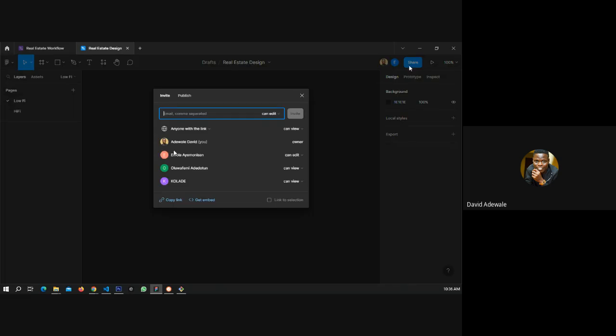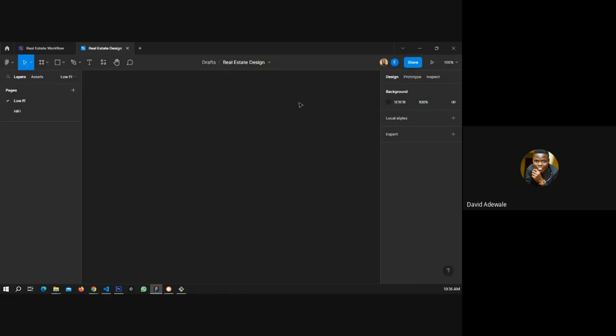Yeah, now you can see Eniola accepted it now, and then I can see it's no more pending. Yeah, so that's how you can quickly run through your design. We are still going to talk more on various things. Figma has a lot of updates that you can be working on. It makes life very, very easy for designers.